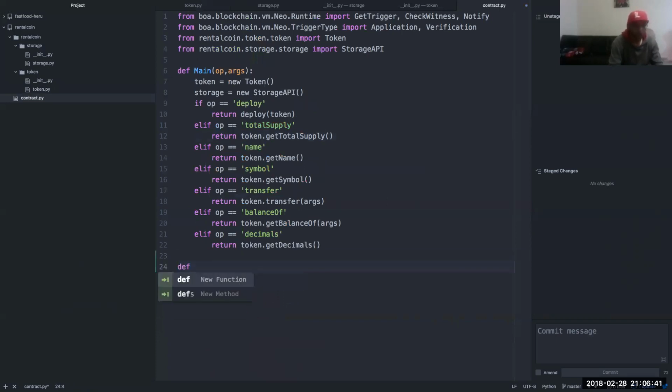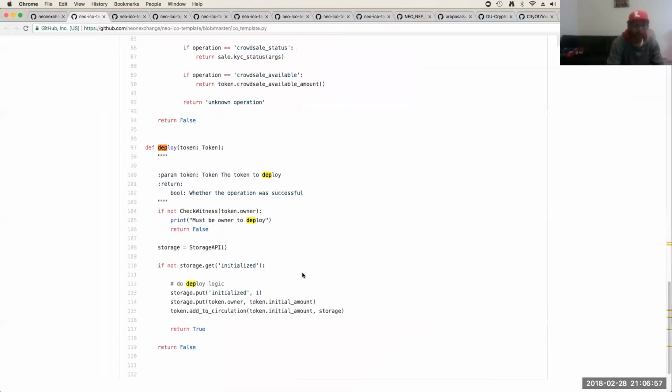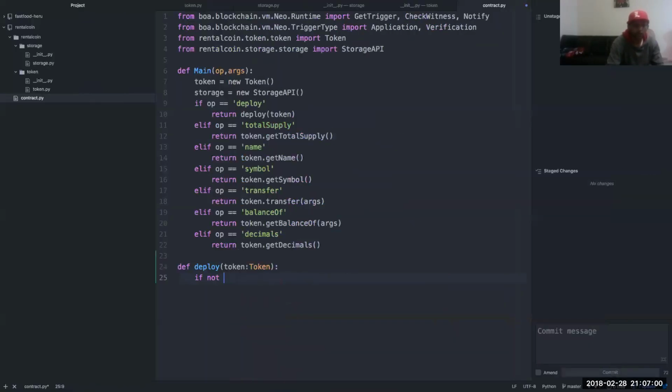We're going to define deploy. It's got to take the token of class token. All right. If not check witness token.owner, print: You must be the owner to deploy.